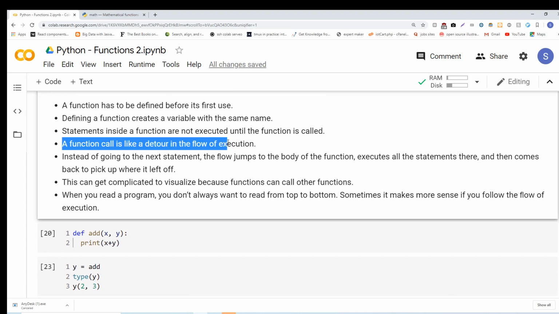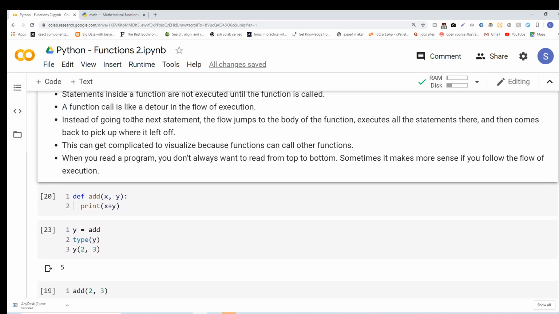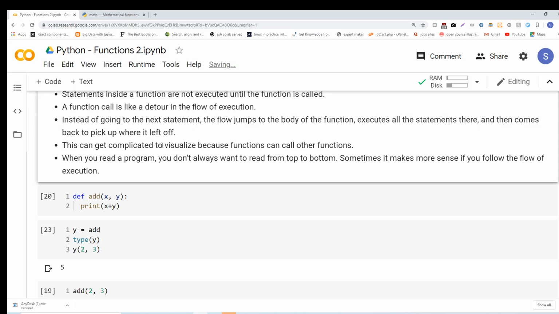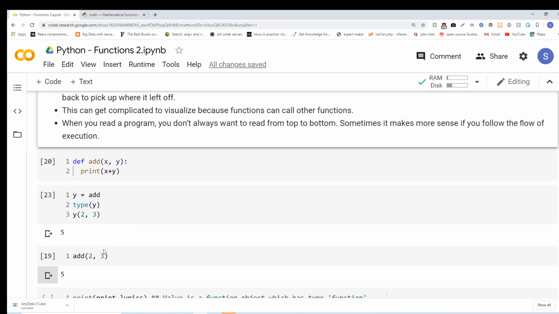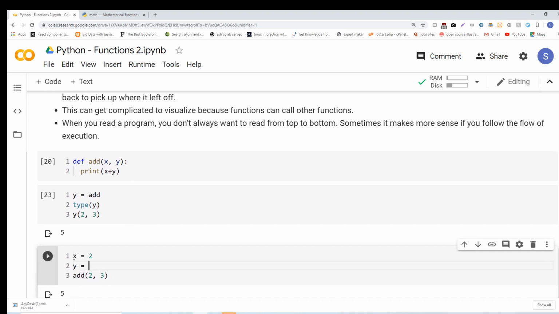A function call is like a detour in the flow of execution. So instead of going to the next statement, the flow jumps to the body of the function, executes all the statements there, and then comes back to pick up where it left off. Okay, so suppose I have x equals 2, y equals 4, here I'll say add x comma y, and then I'll say